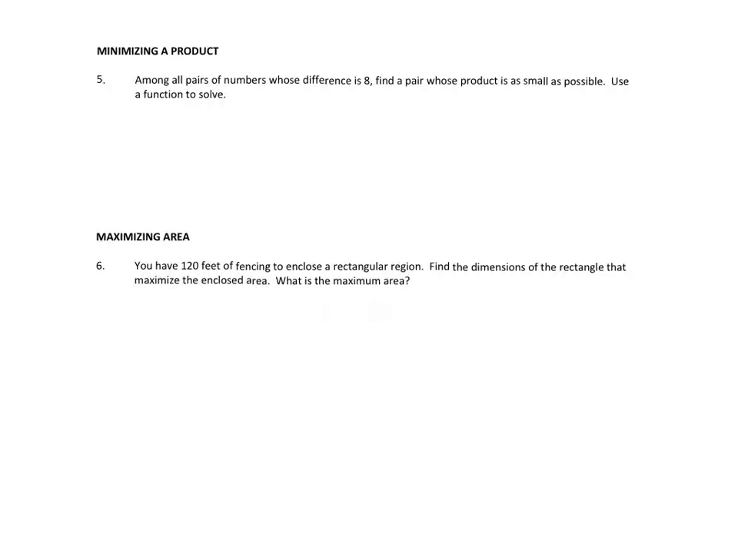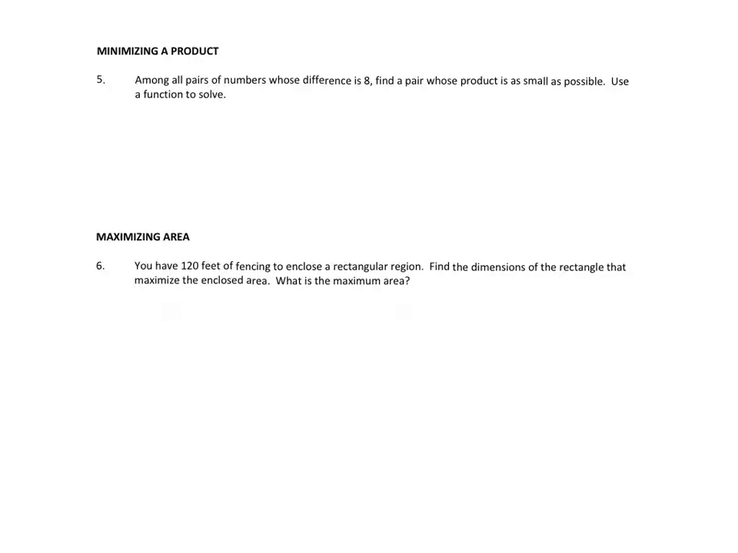Okay, let's look at example 5. We have the ability to find a max or a min, and we can be dealing with word problems. So this is probably one of your most basic. First sentence says, among all pairs of numbers whose difference is 8, find a pair whose product is as small